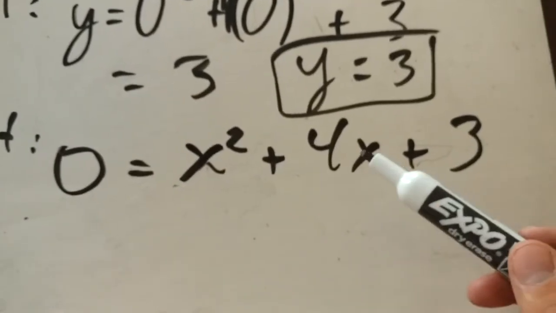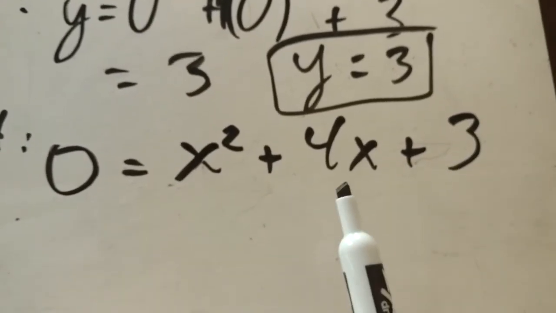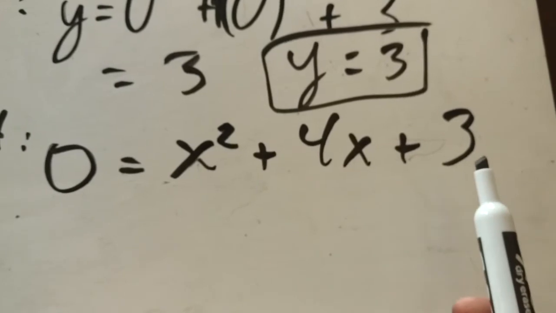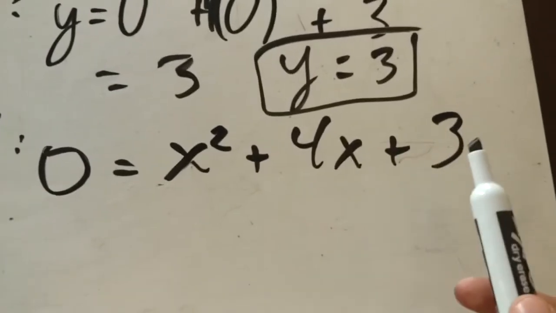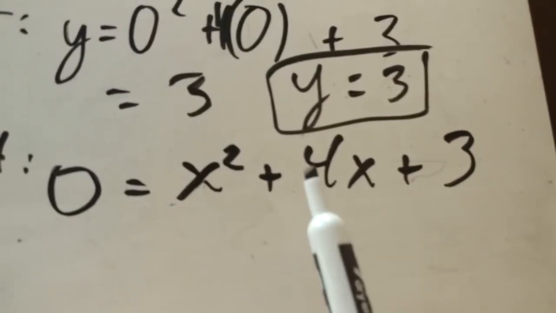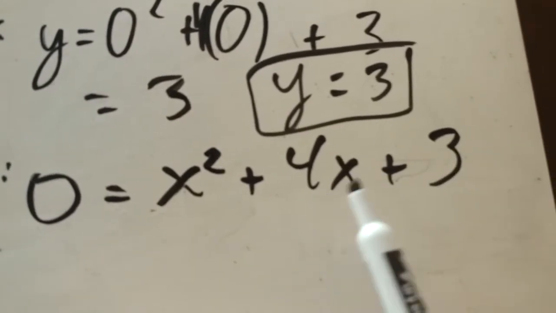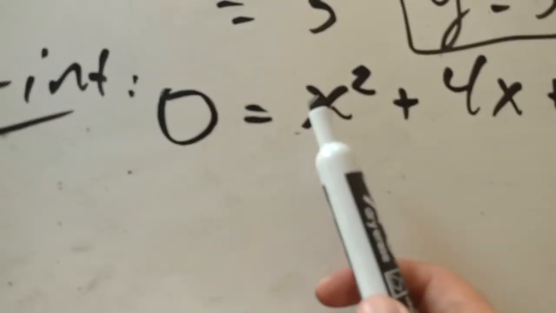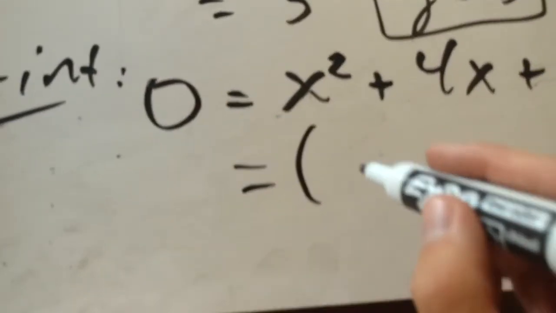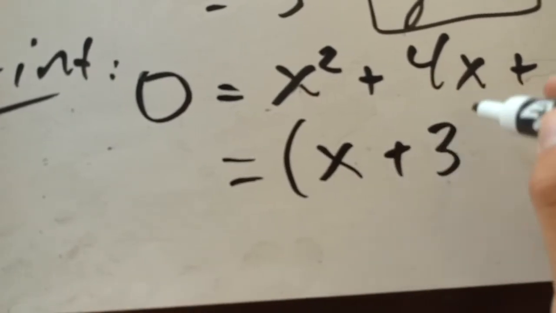And because this is a trinomial with 3 pieces, we're going to have to look for a sum of 4 and a product of 3. Think of two numbers that work like that. Well, the two numbers that will have a sum of 4 and a product of 3 would be 3 and 1. And because there's not a number in front of the x squared, it's just a 1, we can jump right to the answer. So again, it's going to be 3 and 1, so we'll say it's x plus 3